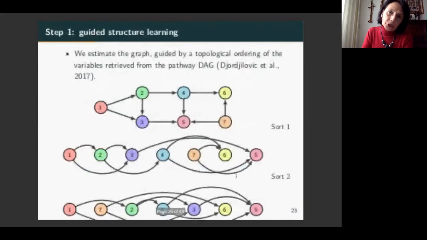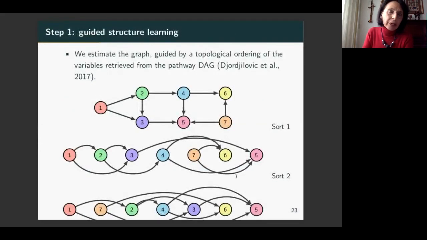Giorgilovich and colleagues showed that this DAG reconstruction greatly benefits from the knowledge of a topological ordering of the variables. Now, a topological ordering is simply a sorting of the variables. So you simply have to imagine aligning nodes on a line and then joining them with the arrows which are annotated in the DAG. You have a topological ordering if you do not have any arrow going backwards. There are various topological sortings that can be associated to the same DAG, but any of these would do